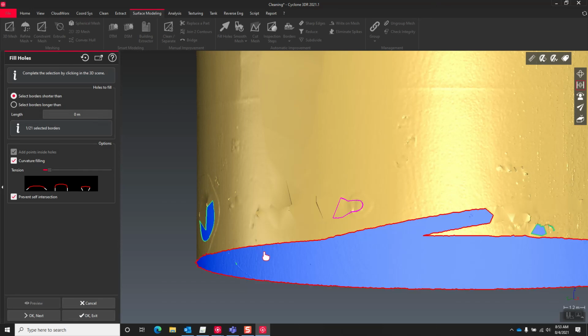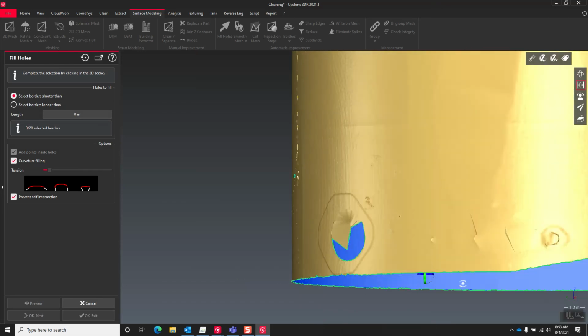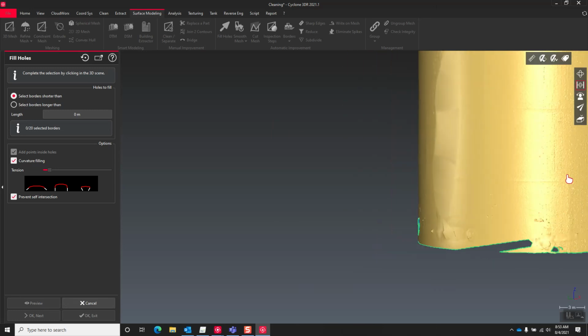Otherwise, from the meshing input, we can try to unroll the rest of the tank analysis workflow.